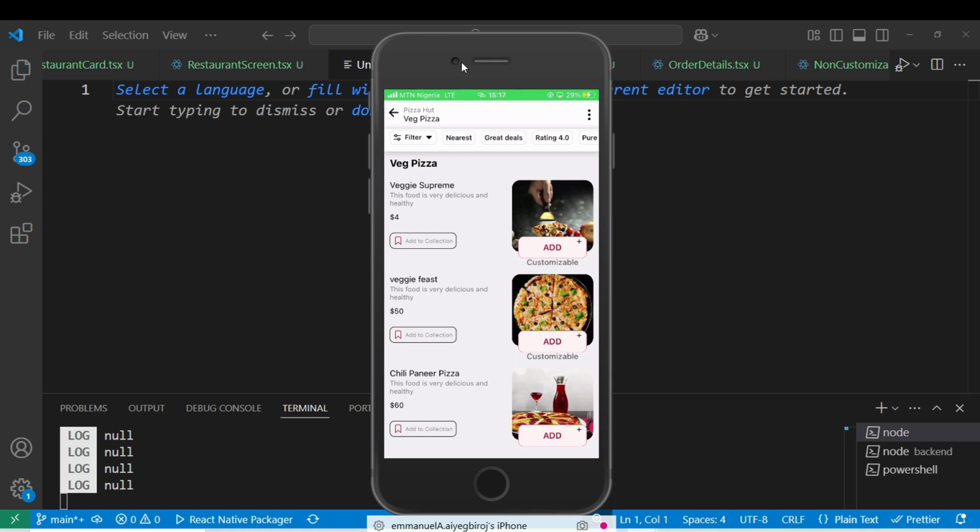Hi everyone, in this tutorial I'm going to be showing you how to render a dynamic header with scroll based title animation. So based on our Zomato clone, our restaurant app, this is also similar to what they did in the Zomato restaurant app, and this is just for educational purpose. So you see now that we're currently inside the Pizza Hut restaurant, and then the first